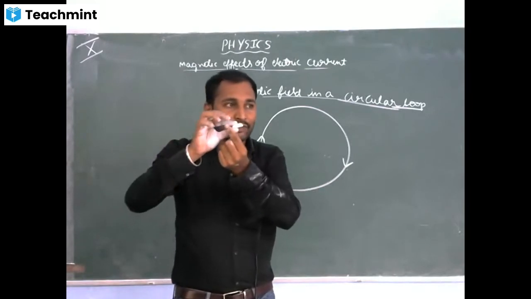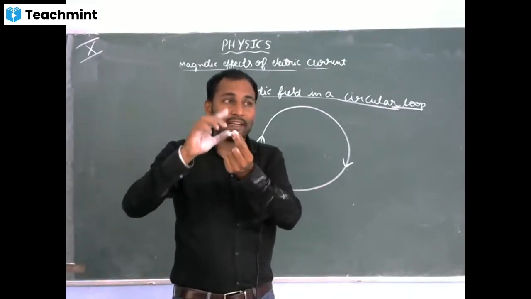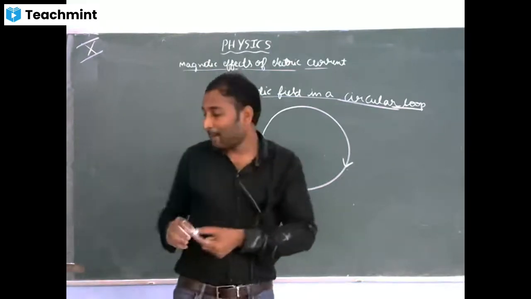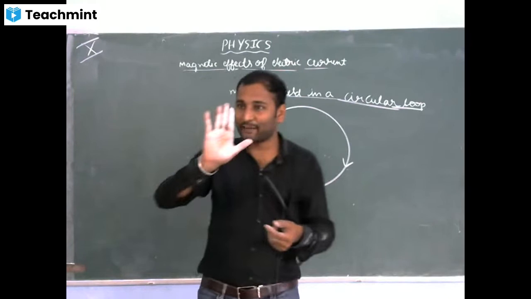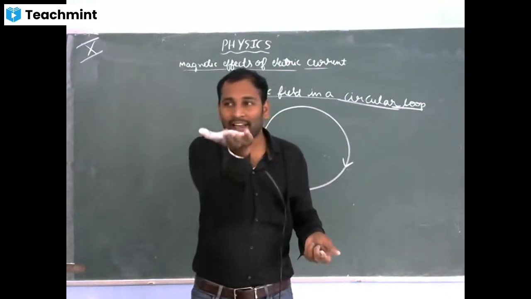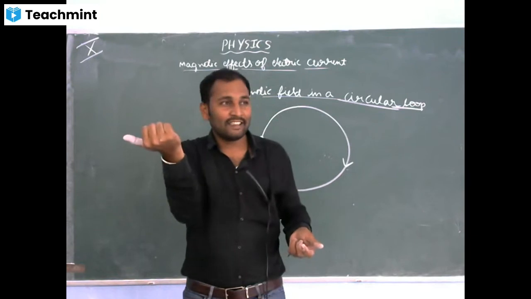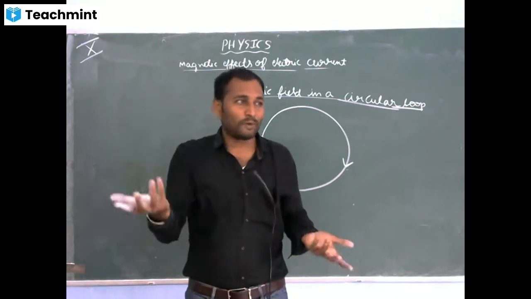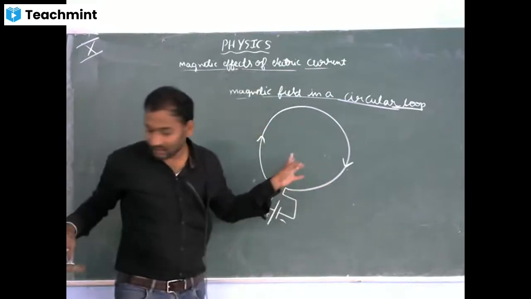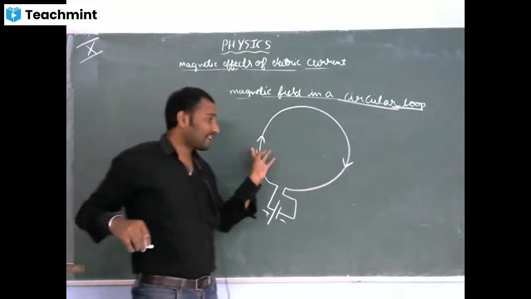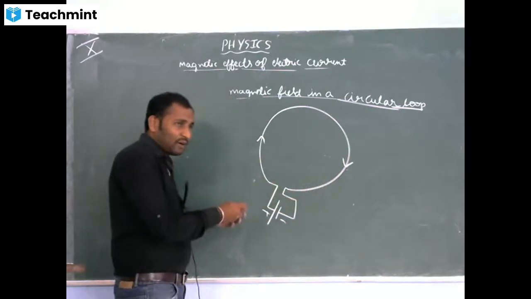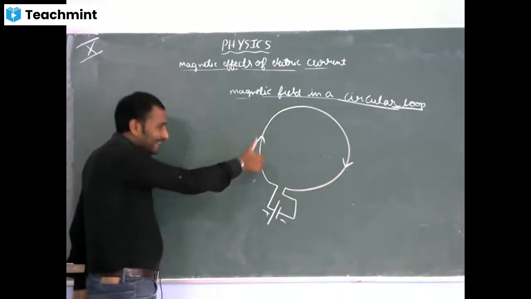So the movement of the screw will give the direction of electric current. The rotation of the screw will give the direction of magnetic field lines. It is like this. If I rotate it like this, the screw will move this side. If I rotate it like this, the screw will move this side. It is the same as the thumb rule. No difference. Clear? So same here also, the direction of magnetic field is from this side to this side. So now use the thumb rule only.